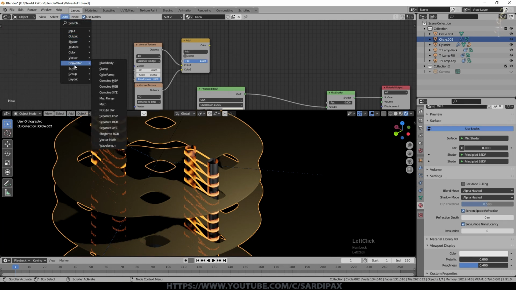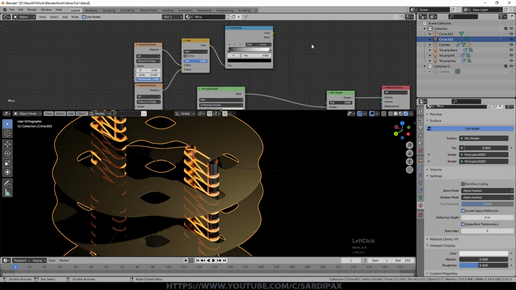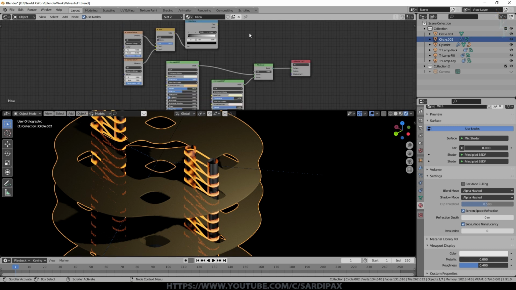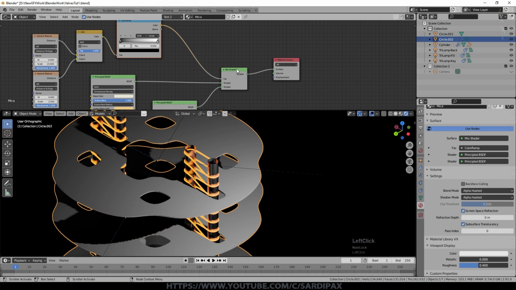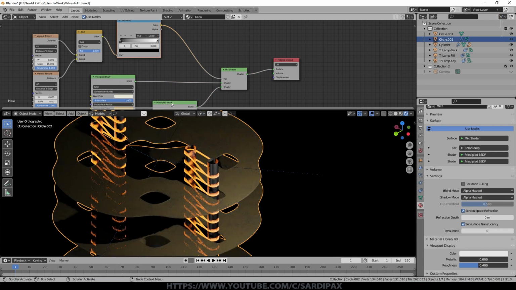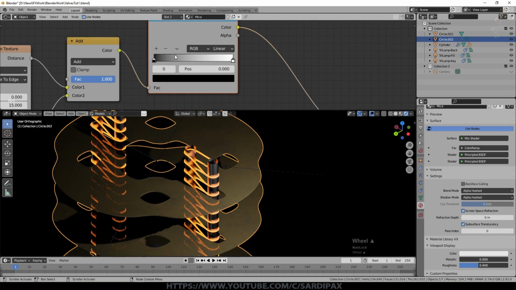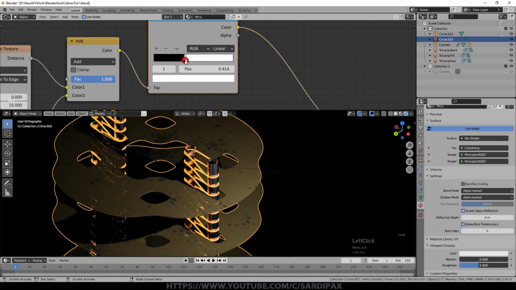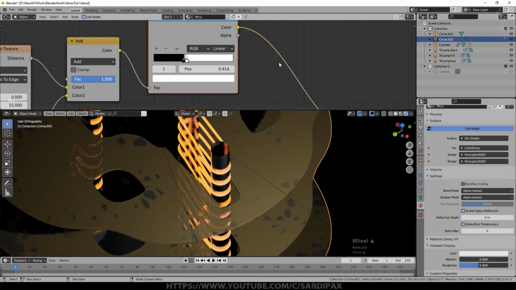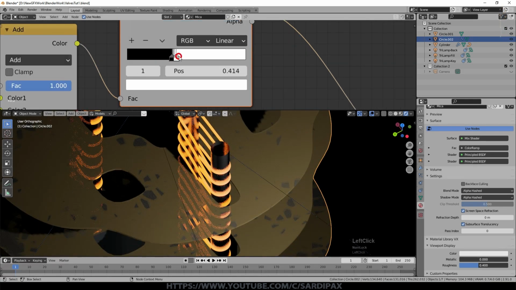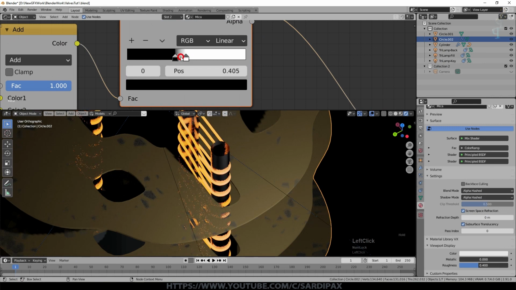Now add a converter, which is a color ramp. Take the output from the mix node into there, and then use that as the factor to switch between one principled shader and the other. I left the color ramp on linear, but then draw these points in. Basically it's increasing the contrast, and you can now see a pattern starting to appear in the surface. My thinking was it's a little bit crystalline, but there's many different ways to do this.